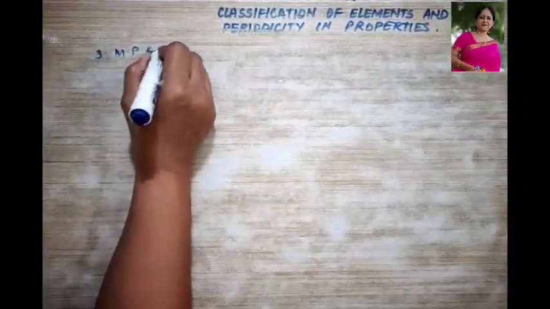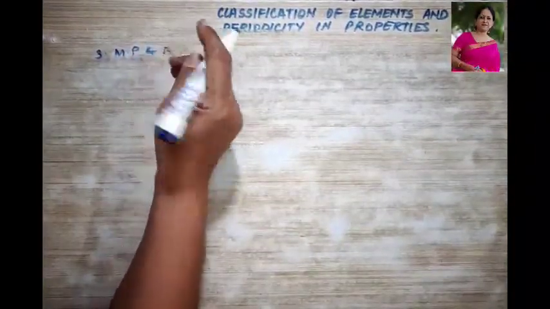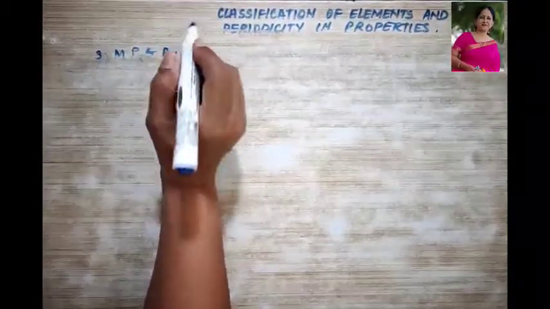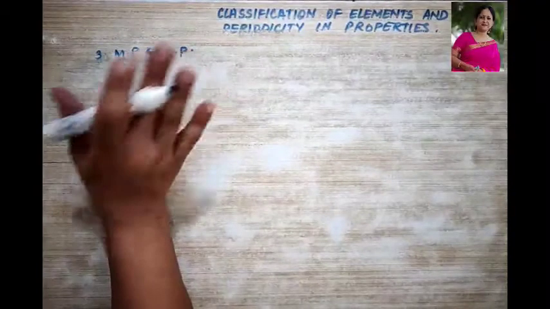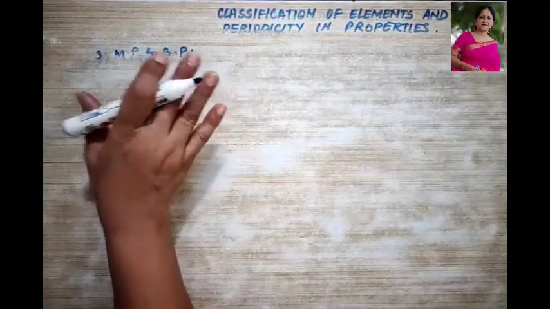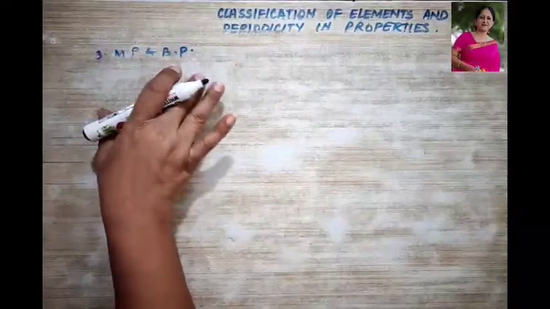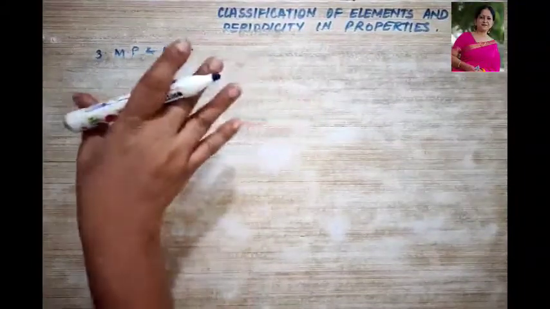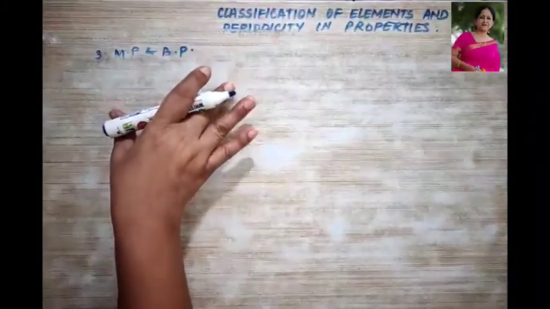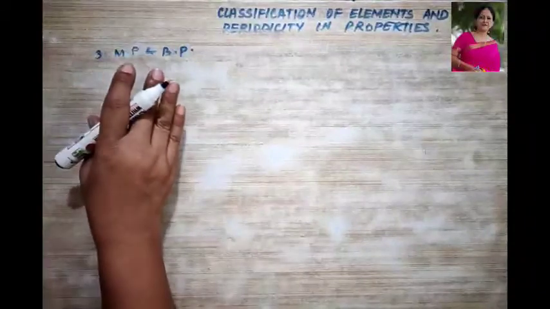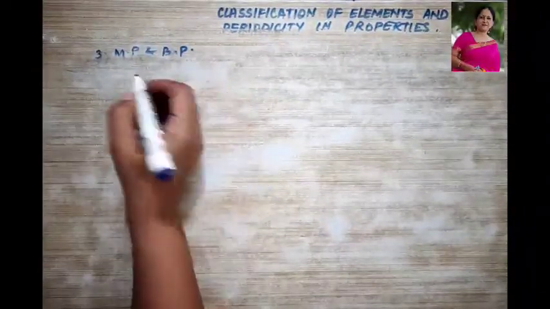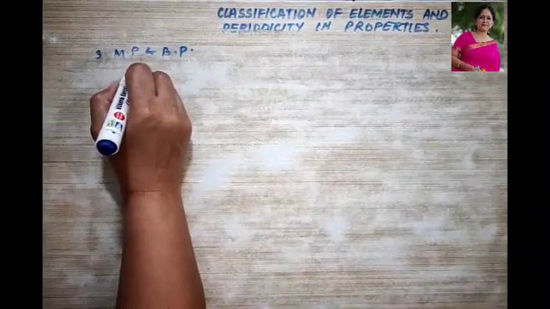Melting point and boiling point. The melting points of the elements exhibit some periodicity with the rise of atomic number. So what has been observed? It has been observed that elements with low values of atomic volumes have high melting points. Okay, so over here